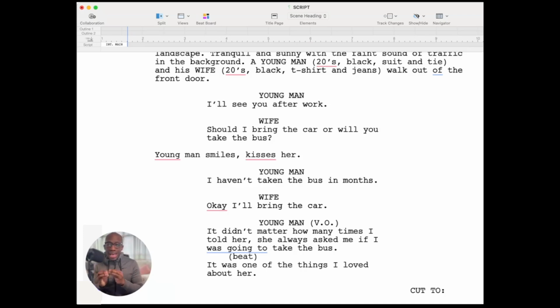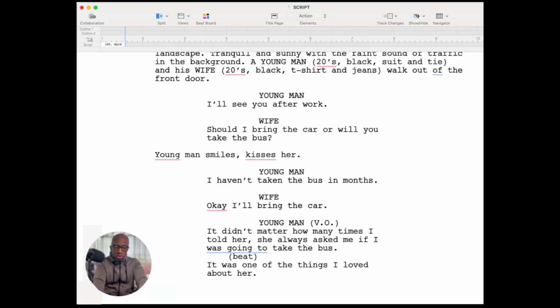I don't think it's as necessary, but when you have a transition, you can actually put what you want to cut to after the colon, or what you want to fade to after the colon. So you could say cut to a, okay? Because he talked about the bus, they've had a conversation about the bus, you might decide to do a cut to a bus. I don't tend to do that because I think it's more effective if you hit return